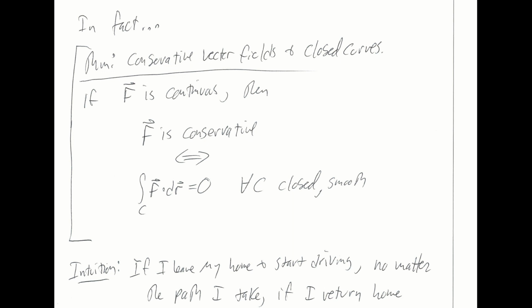The same is true here. We showed that if we have a conservative vector field, then the integral along closed curves will always be 0, and it's also true that if the integral along closed curves is always 0, then the vector field must be conservative. Again, that reverse implication is not going to be of as much practical use to us, but it is of great theoretical interest. To state the theorem here formally, if you have a continuous vector field f hat,